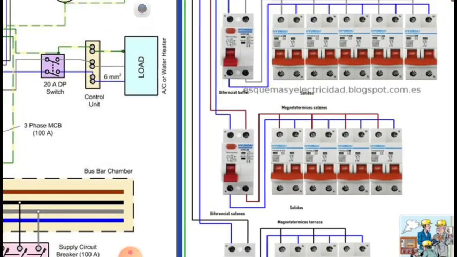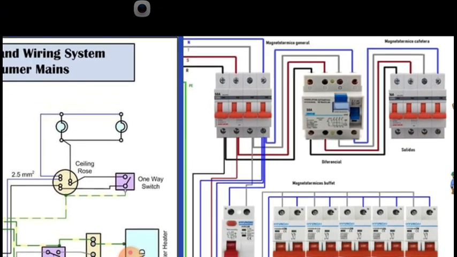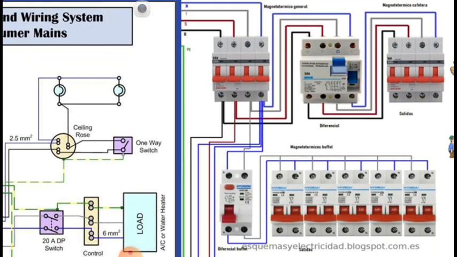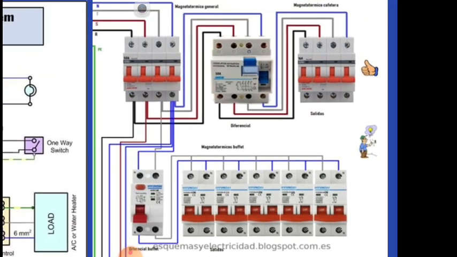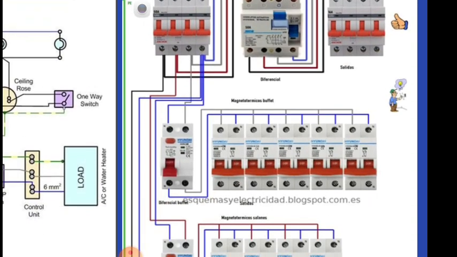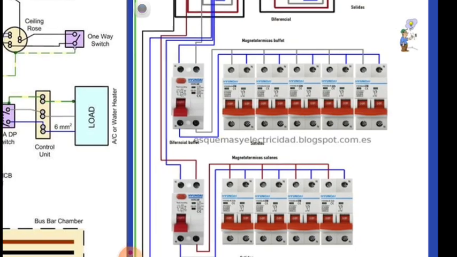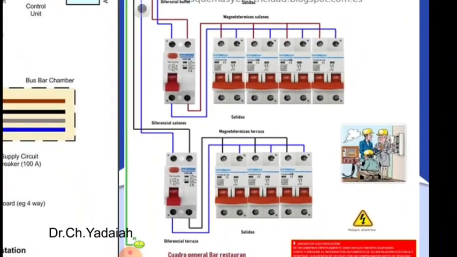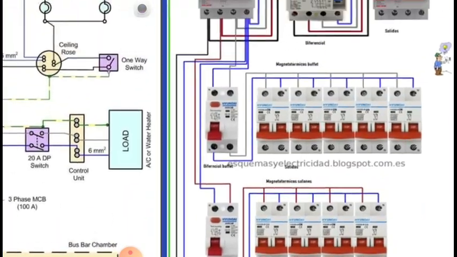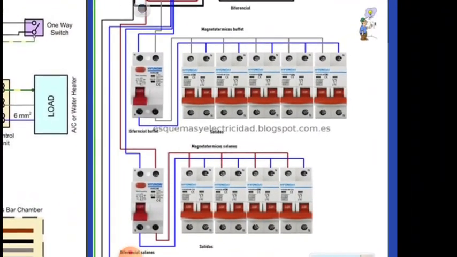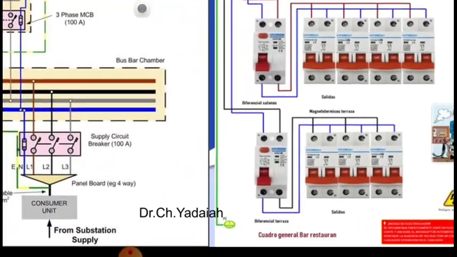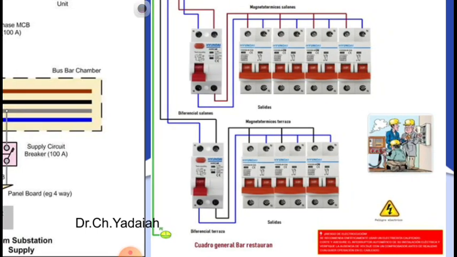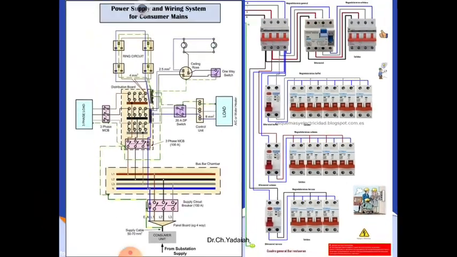You can see similarly here what is happening. From the top we are getting the 3-phase supply, and from the 3-phase supply we are going to take the 3-phase MCCB and the isolators. You can see this in the diagram also, and from this at the same time we are going to one single phase, another single phase, another single phase. So that means R phase, Y phase, B phase are taken from the 3-phase supply, and R phase is connected to the sub circuits. Here are 5 sub circuits, here are 4 sub circuits, and at the bottom 3 sub circuits are given to the different loads. This is the basic idea of a 3-phase domestic appliance.